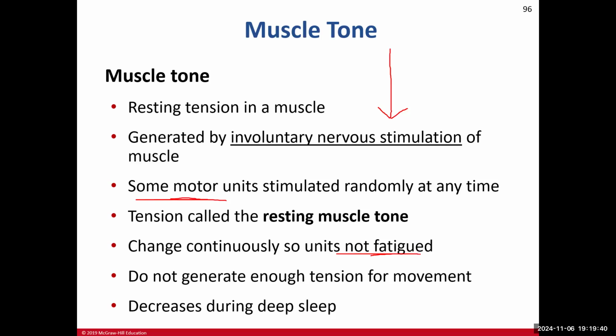But when that person is in the recumbent position, lying down, most of their skeletal muscles should be in a good resting tension state, especially when they're sleeping. That's the best state, because you're not doing anything. And we'll talk about what happens during the sleep period because we're going to talk about the